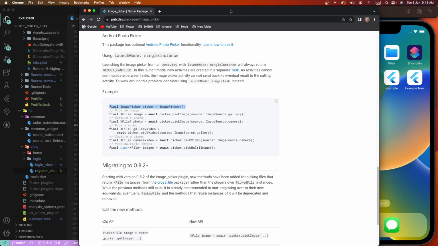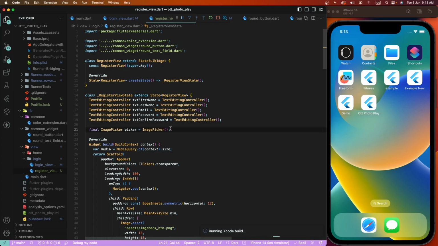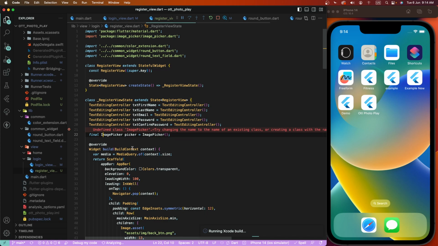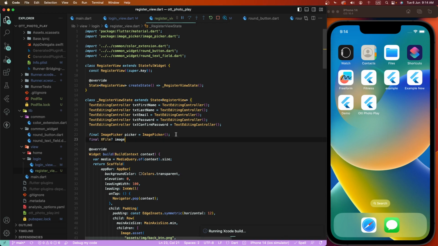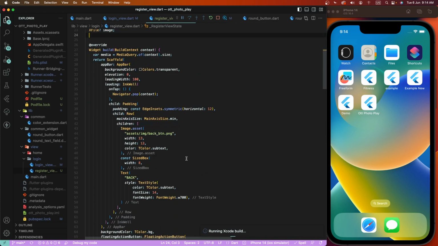Create here the image picker. First of all, we need to put here the image picker variable here, and we need to first of all import here this image picker, and we need to create here the file. Save. Now we need to create here the